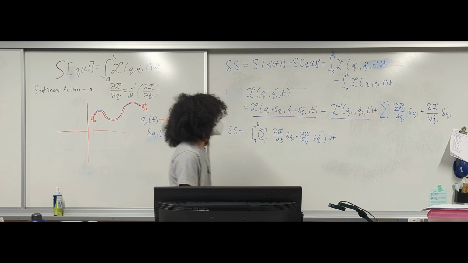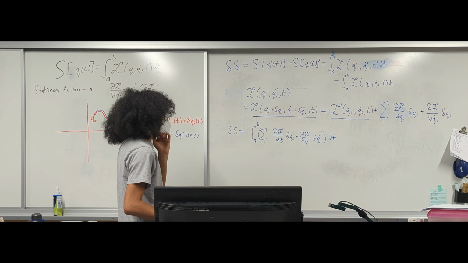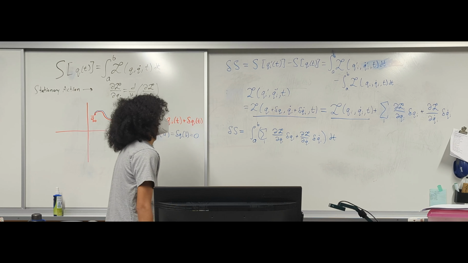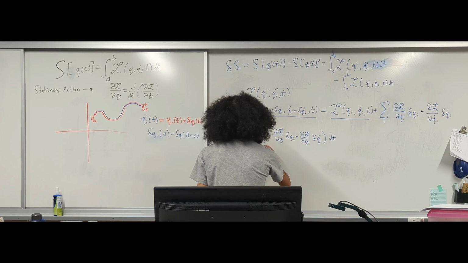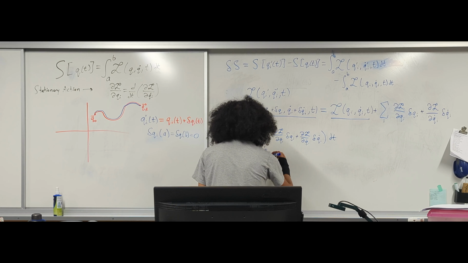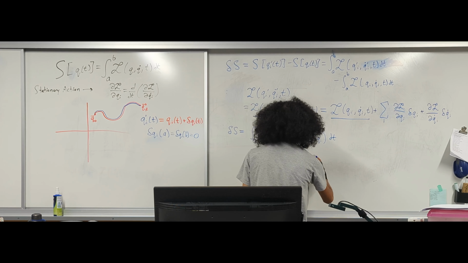But from here, it's more just trickery. So the point of what we're going to do is that we want to get this into a form where we're integrating something times these delta q's,